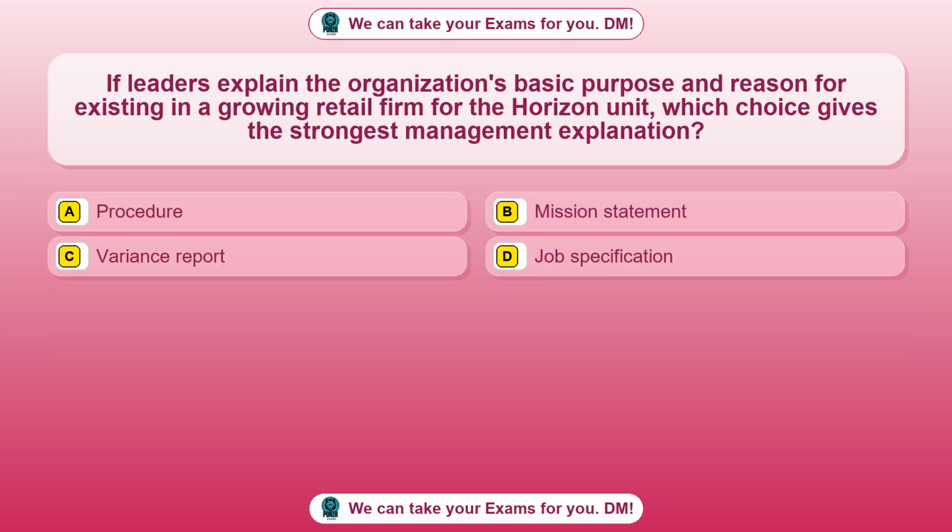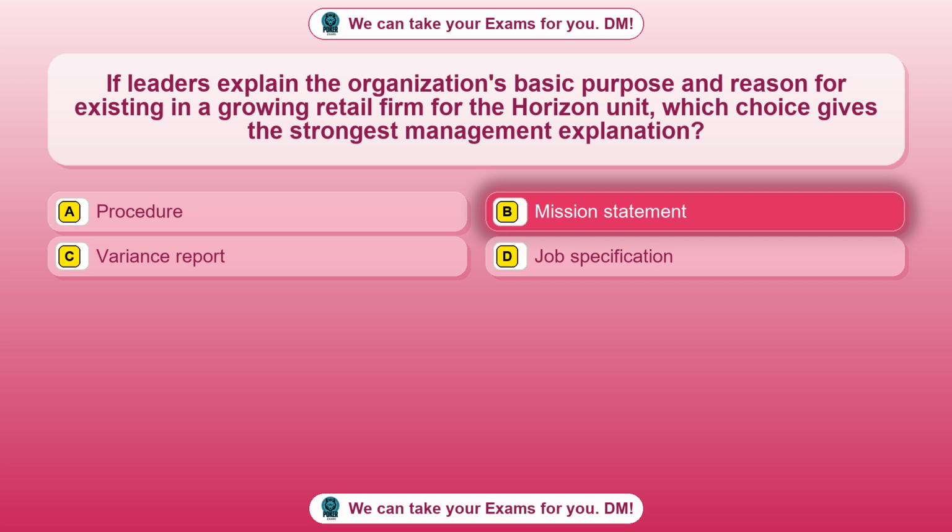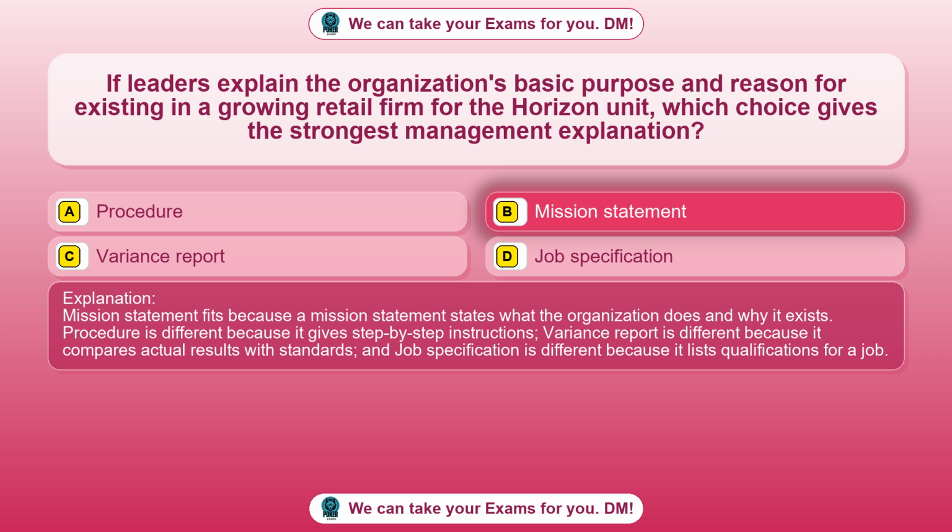Question 78. If leaders explain the organization's basic purpose and reason for existing in a growing retail firm for the Horizon unit, which choice gives the strongest management explanation? Option A, procedure. Option B, mission statement. Option C, variance report. Option D, job specification. The correct answer is option B, mission statement. Mission statement fits because a mission statement states what the organization does and why it exists. Procedure is different because it gives step-by-step instructions. Variance report is different because it compares actual results with standards, and job specification is different because it lists qualifications